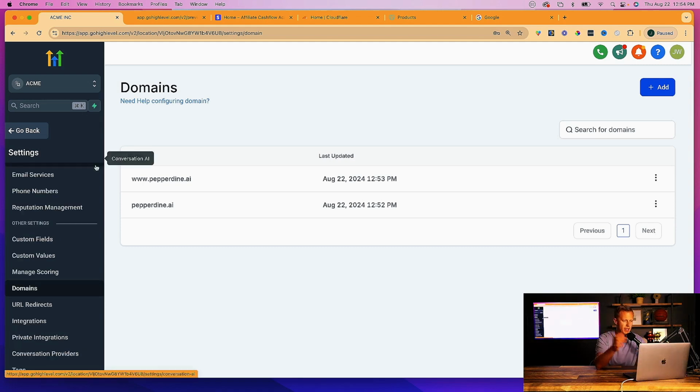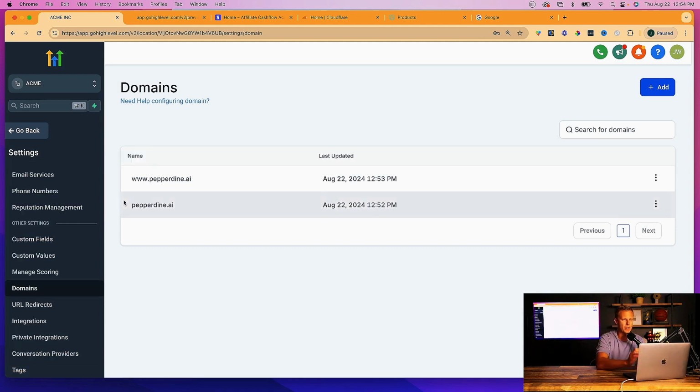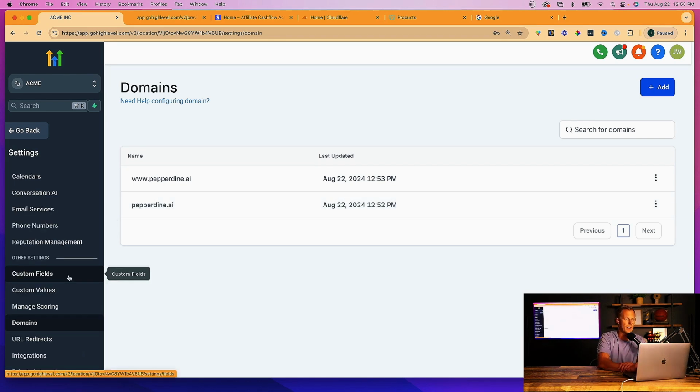So now that we've got the domain connected, the next thing we want to do is get what is called a local phone number for our business. Now, you might already have your cell phone number, and that's great. The only thing is we want a local phone number through HighLevel, because then we can set up some automation, some of the missed call text back, conversation AI, a lot of cool things that you can't do with your actual phone number. So what we need to do for that is just come up here and click on phone